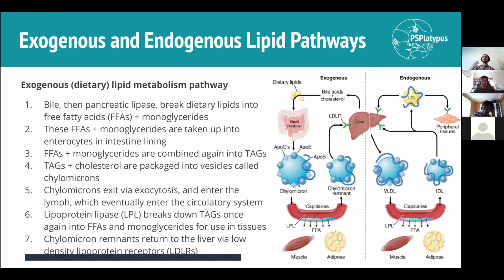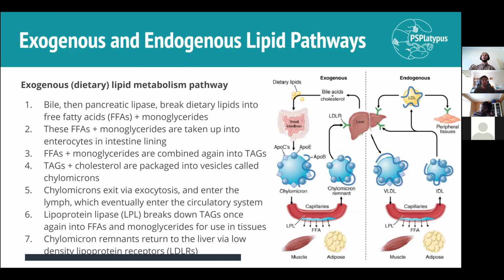At the end of the day, it ends up being relatively straightforward. It's a pathway that just describes how fats that we eat get through to our body, how we break them down and how we distribute them to our body tissues. So I won't go through the steps in as much detail as we have here. But basically, you have dietary lipids. They get broken down and down and down